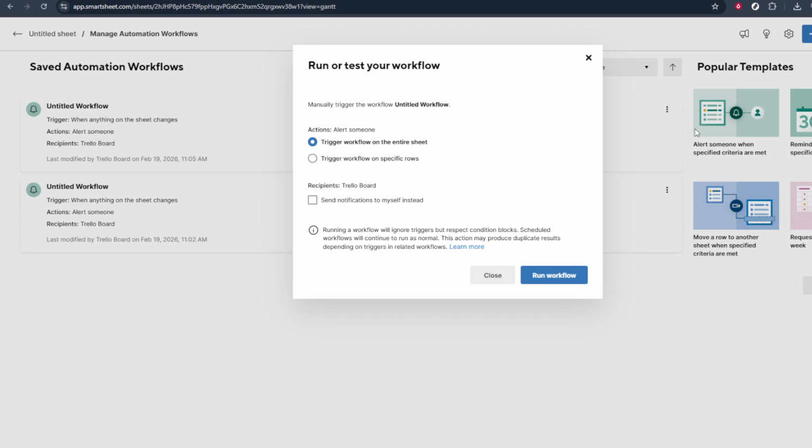Here, you'll see a button labeled Run Workflow. Review what you're about to do, and when you're ready, click on Run Workflow to confirm. This final click triggers the automation right away, applying its actions to the rows and data that meet its criteria. After running it, you can monitor the results by checking